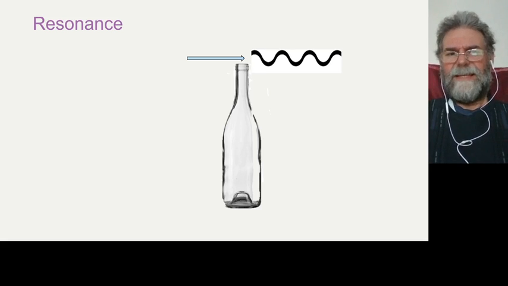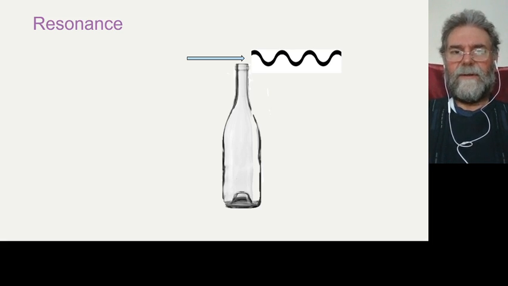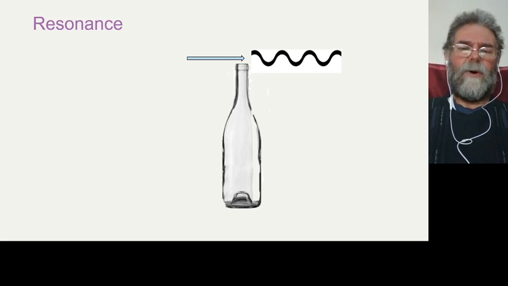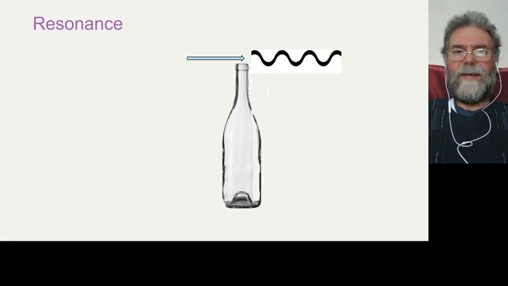And of course, it's pretty chaotic what's going on there, because as you're blowing air across the top of the bottle, everything is bumping into each other and vibrating at all sorts of different frequencies. So many frequencies that the actual sound that you hear is basically a hiss. A hiss is what we call white noise. White noise is virtually a load of frequencies all sounding together at the same time,